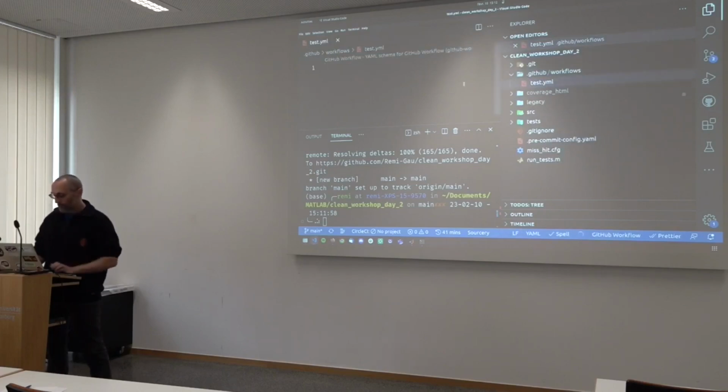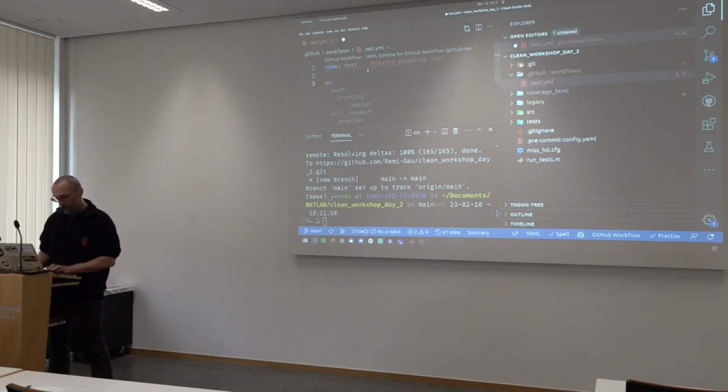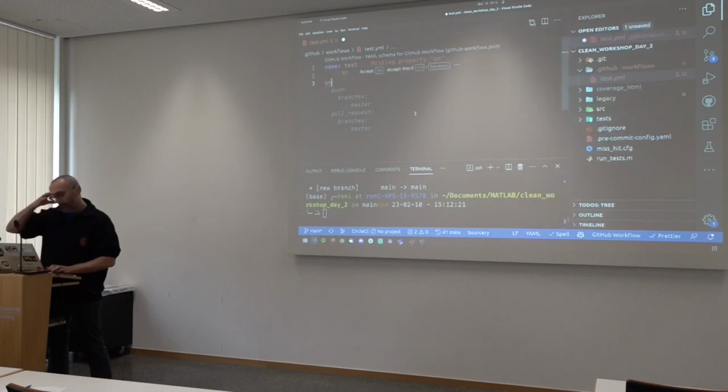So let's just call it test.yaml. Okay, I'm going to start going from memory, but I'm going to need to check quickly how things are supposed to be named. Okay, yes. I do get some autocomplete, because that's how I have configured my VS Code.